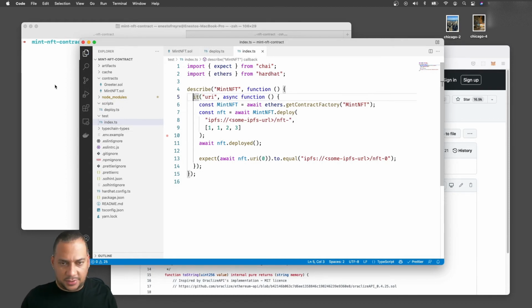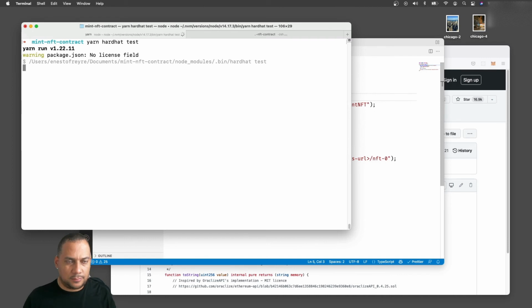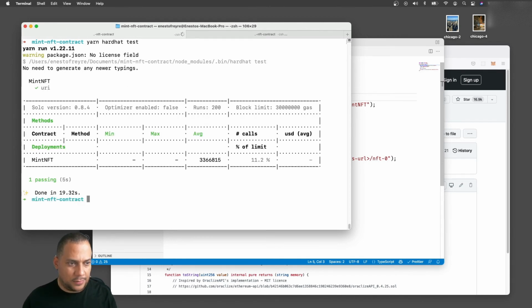We can run it on the terminal using yarn hardhat test. And the test will essentially deploy the contract and try to run some functions against the contract. And here we go.